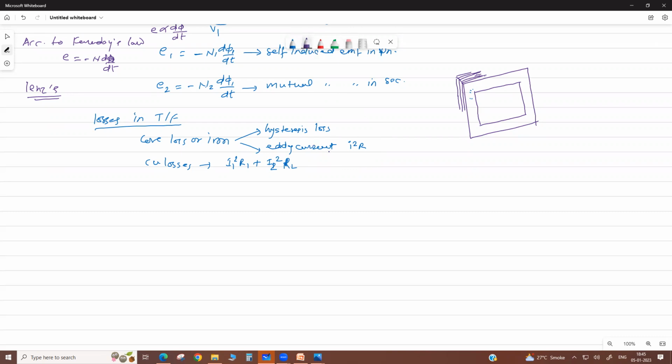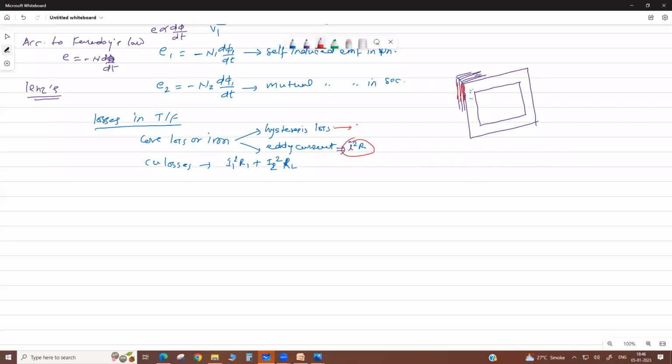So how do we reduce this eddy current loss? By reducing this current. How to reduce it? We do not make a solid core. We make a laminated core, and we put insulation between these two plates. In the lamination, we put insulation. So now we chop this current, so this value is reduced, so these losses are reduced. Correct. Second, hysteresis loss is reduced because we use soft iron,